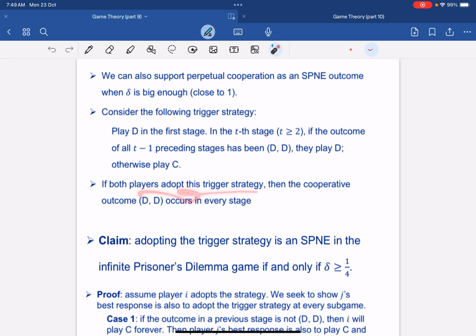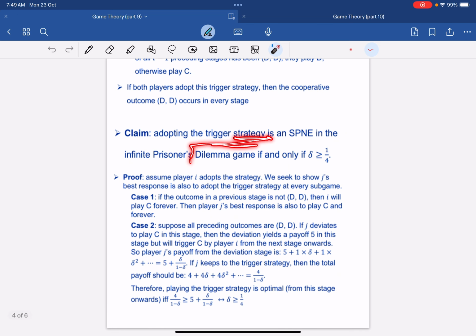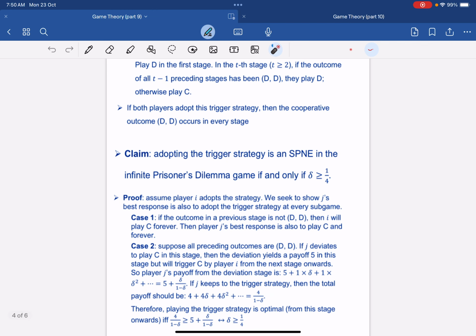If both players adopt this trigger strategy, then the cooperative outcome DD occurs in every stage. So the claim is that we will adopt this trigger strategy if and only if the discount factor is larger or equal to 1/4. Reason: let's assume that player I adopts the strategy and we will find the best response from J. Case 1 is that the previous stages are not DD. Then I will play C based on this trigger strategy. Then player J's best response is also to play C